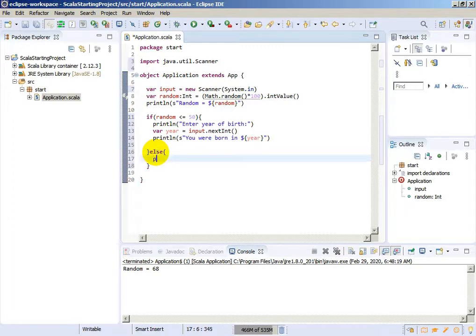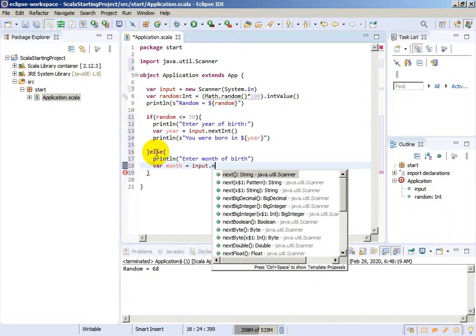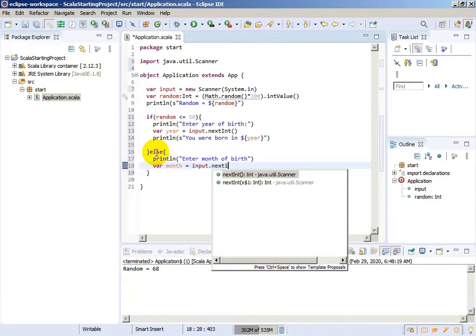We need to create a question, println, enter month of birth, and let's create variable month equal to input. Of course, it will be an integer, nextInt,